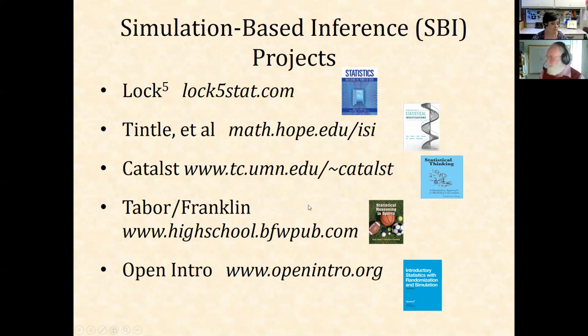simulation-based methods. Josh Tabor and Chris Franklin have another book, Statistical Reasoning in Sports, which is geared towards a high school audience, but does feature all simulation methods throughout. And if you've seen the OpenIntro Statistics text, they have a version based on randomization and simulation also. So there are a number of different resources you can use to find out more about actually teaching with a simulation-based